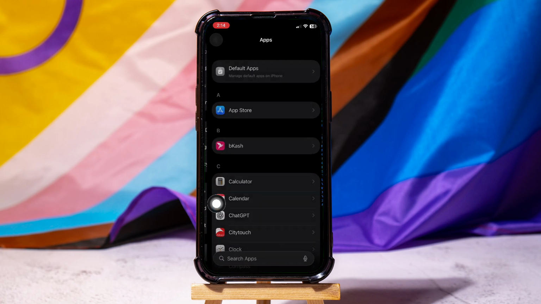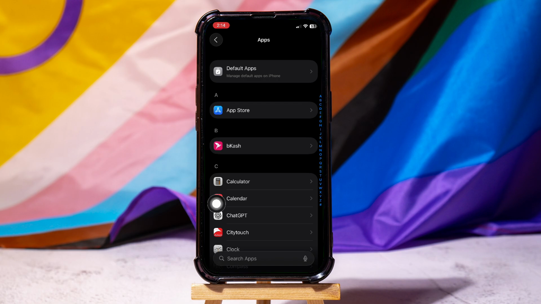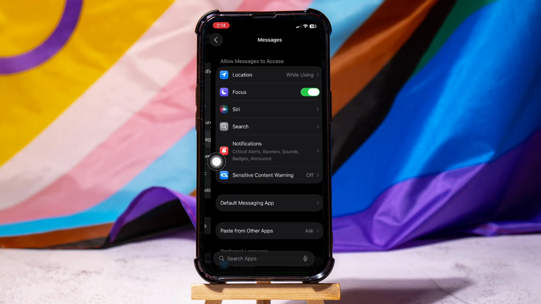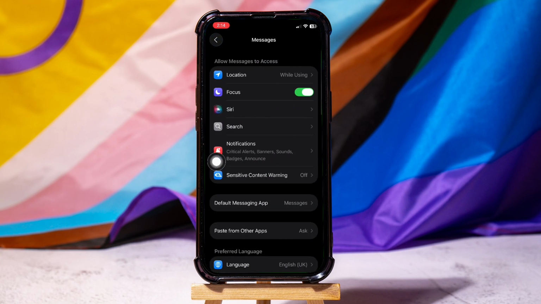You can view all your phone apps over here. Now, search for or scroll down to find Messages and tap on it. You are now in the Messages settings page. From there, you can enable or disable iMessage, customize send and receive options, manage text message forwarding, and adjust notification